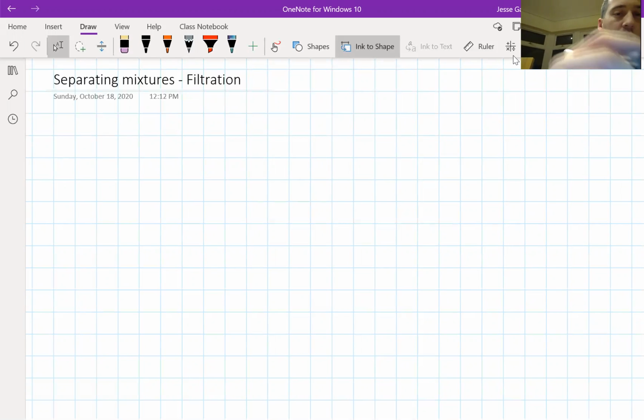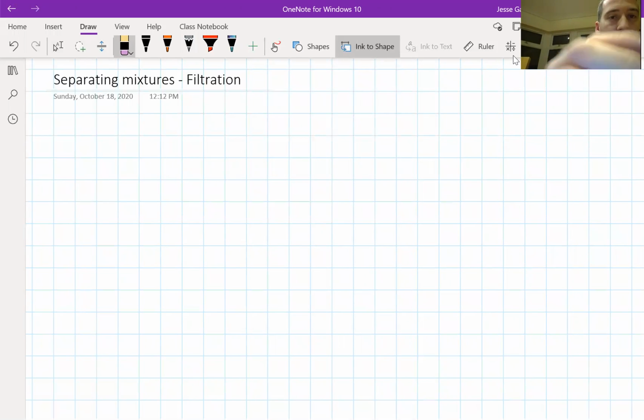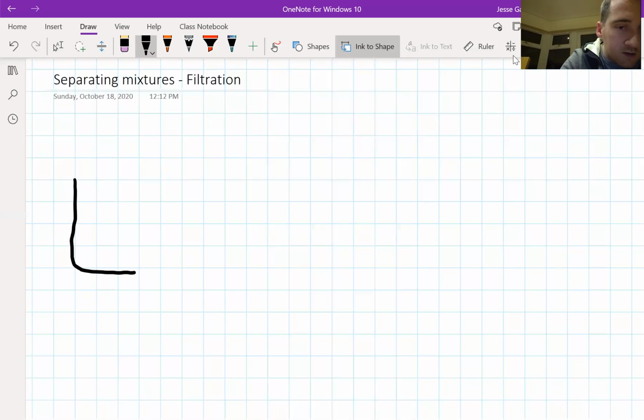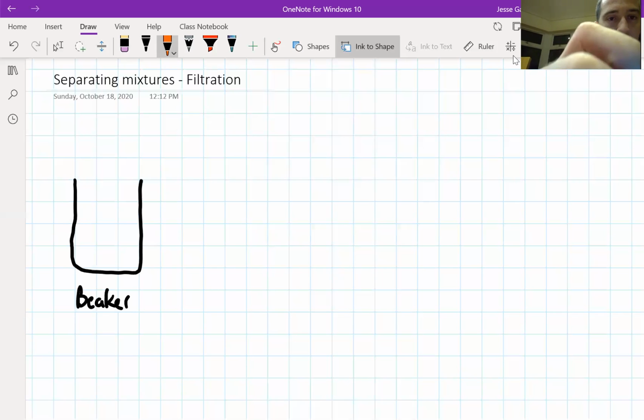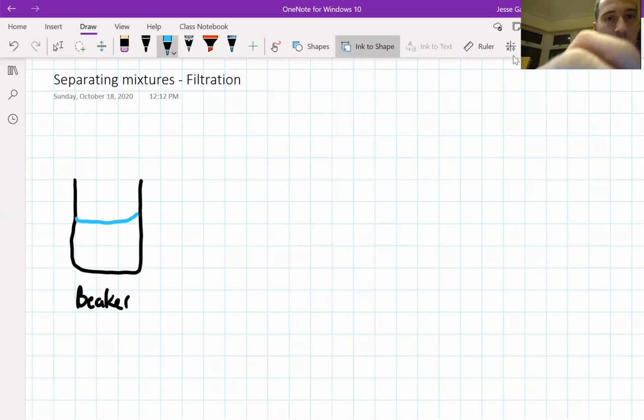Okay, in our previous video, we talked about making a mixture. So we'll take an example. Here I have a container. Actually, sorry, I'm not going to draw it like that. I'm going to draw a container that we use in science. It's a glass container and we call it a beaker. Now in our beaker, we are going to add some water. And to the water, we are going to add